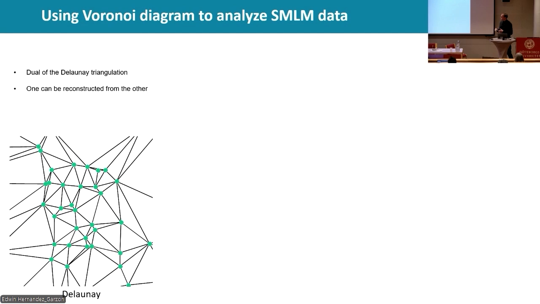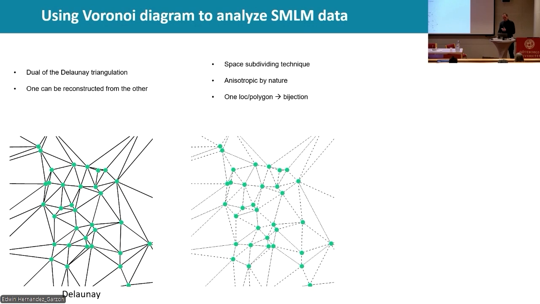And when you have the Delaunay triangulation, you can compute the Voronoi diagram. Why it is interesting is that when you have the mesh here, one triangle will connect 3 localizations. So it can be difficult to see how you can use this triangle in order to add some quantitative features to your localization. On the other hand, the Voronoi diagram, which is a space subdividing technique like the Delaunay triangulation,